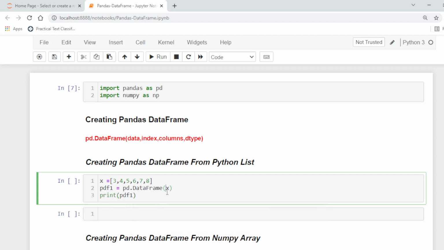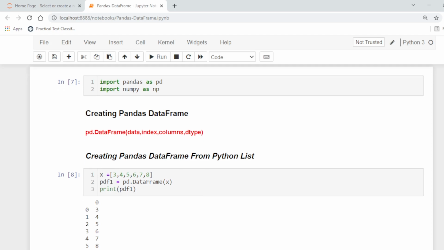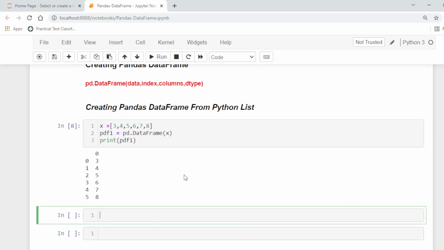So this is the pandas data frame. Here the index from 0 to 5 are the default index, because if labels for rows are not specified, then rows are labeled with the index number which starts from 0 to n-1. Here the column label is 0.